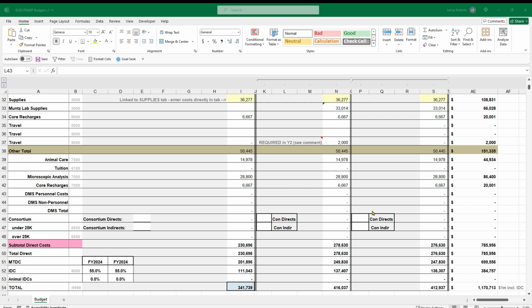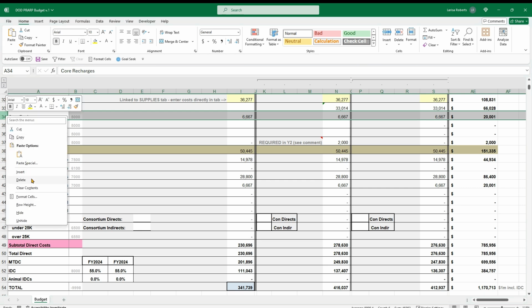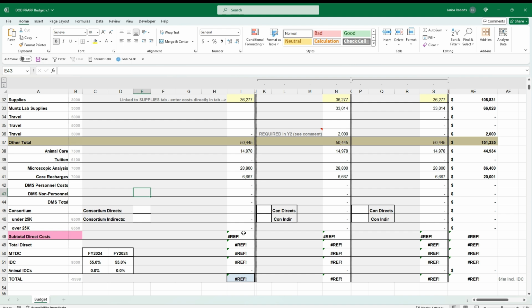So, this happened to me the other day, and I thought it would be a good opportunity to show you guys how to fix this particular error. What happened was I was working on a budget and I had this one category, core recharges, and we actually had it down here as well. So I decided to keep this one in the other total group and I was going to delete this duplicate redundant row here. So I just deleted it, boom,